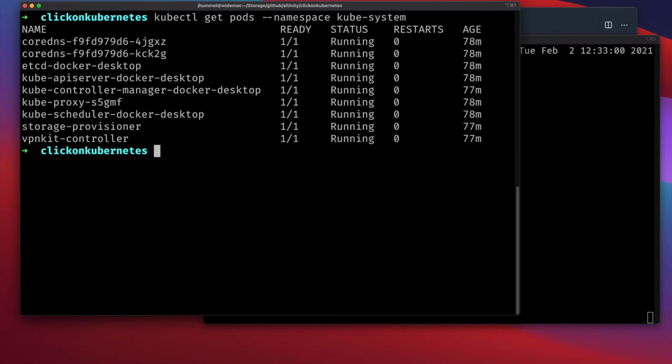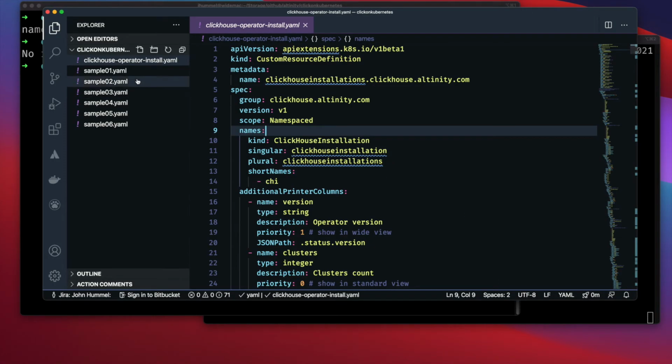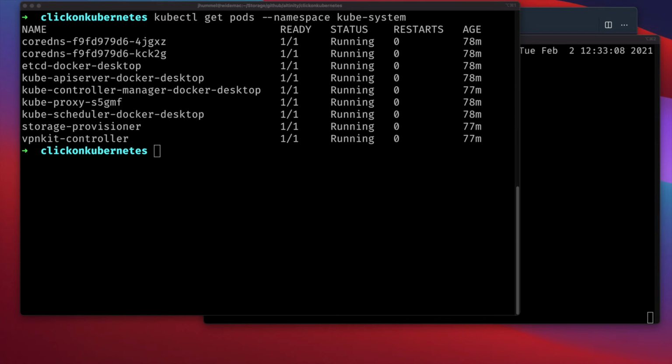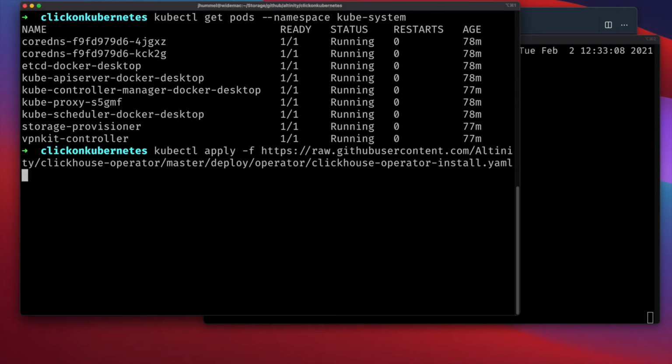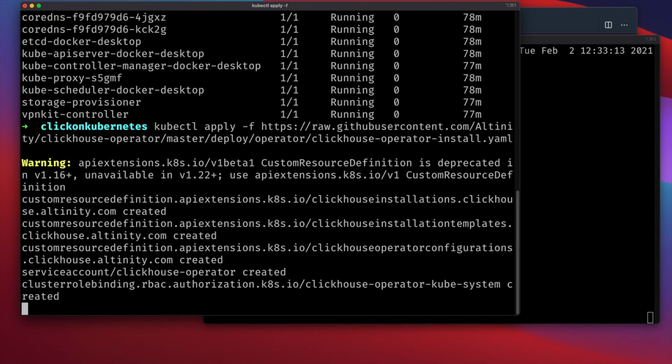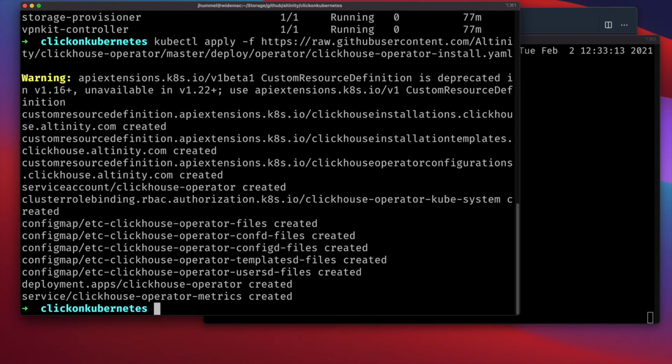We start with the command line. To install the ClickHouse operator, we'll use the ClickHouse operator install configuration file available directly from GitHub. Alternatively, you can download this configuration file and make updates to change what your default settings will be for your pods. Either way, you're going to use kubectl and apply the configuration file. kubectl apply -f, and our file name, in which case, we're just pulling it right from GitHub. And that's it. You're done. No, really, it's that easy.